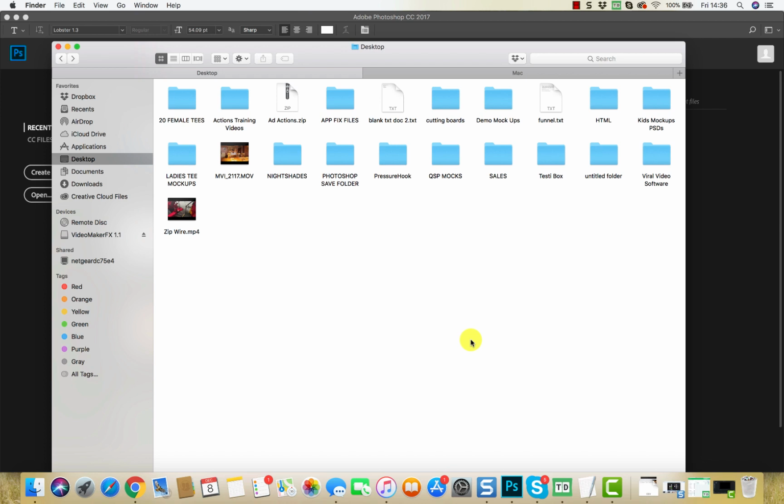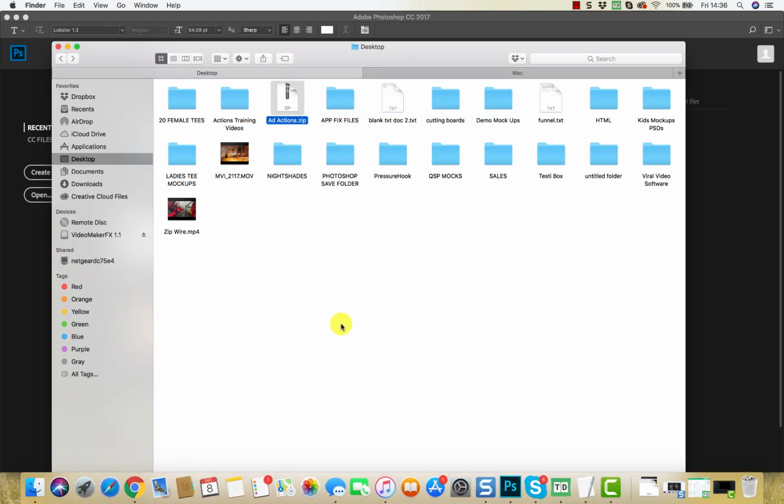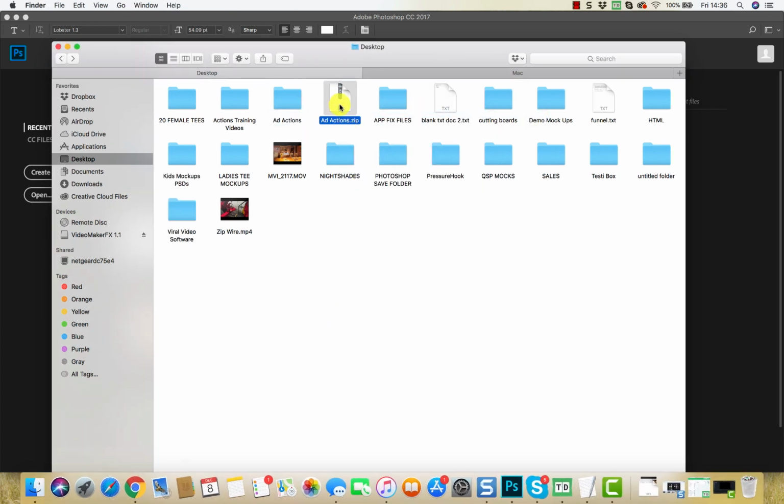Okay guys, so once you've downloaded your add actions zip folder, you need to make sure that it's placed on your desktop. So the first thing you need to do is extract the files. So we're going to extract them on our desktop. Okay, and you might want to keep that folder as a backup just in case anything goes wrong with these